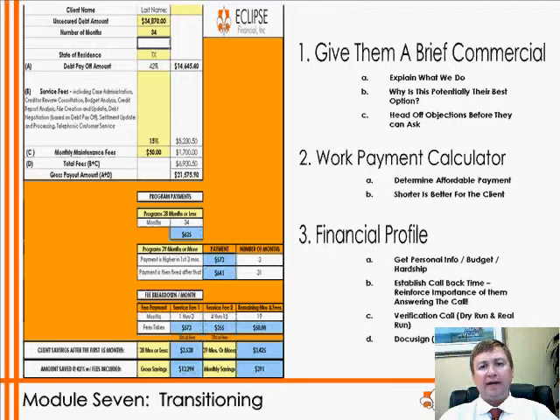So getting to the financial profile shouldn't be, I need to take an application. Is it okay if I do that? Chances are they're going to tell you no, it's not okay. Let's call back later tonight and do that. You need to be the leader. These people called you because they need a solution and they don't have the answers, or they would have already solved the problem. So you need to be the one that really takes control and says,